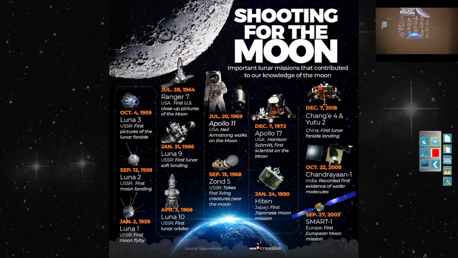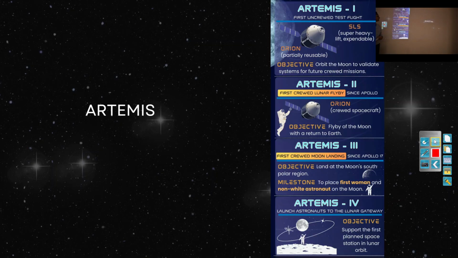And USA's is the Apollo series, and now they have Artemis, which is in the upcoming Artemis missions. After that, China's is Chang'e and India's is Chandrayaan. If you know the main names of these four countries, that is enough. You don't have to know the specific space missions, because that is all in the past. The questions will be asked on upcoming space missions only. Okay. So let us see this first Artemis mission.